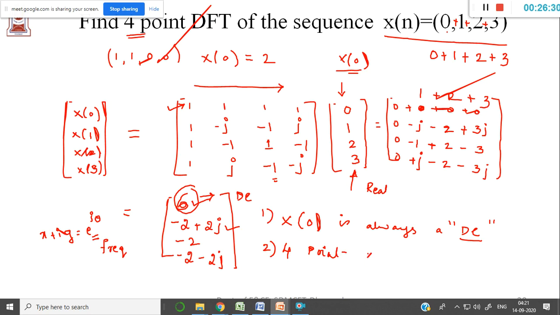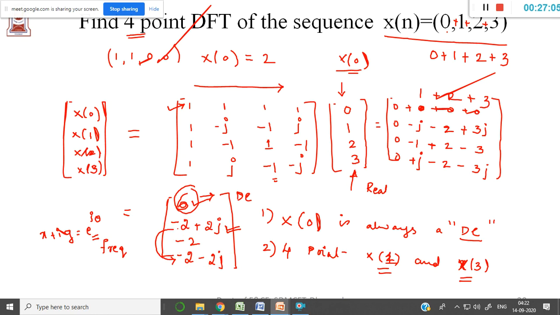There will be a complex conjugate: X of 2 and X of 1, that is the second sequence, and the last one, capital X of 3, are complex conjugates. Look at this, minus 2 plus 2j. If you calculate this, the next sequence must be antisymmetric, and it must be the complex conjugate: minus 2 minus 2j.